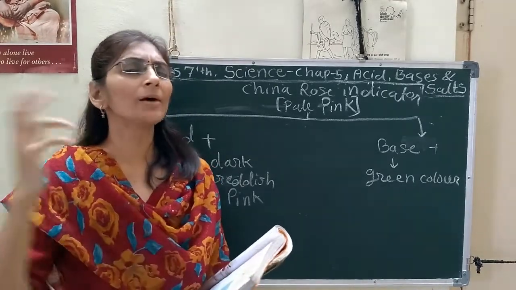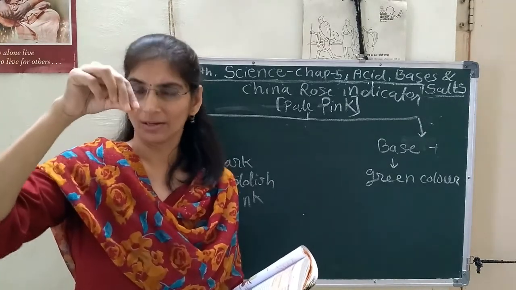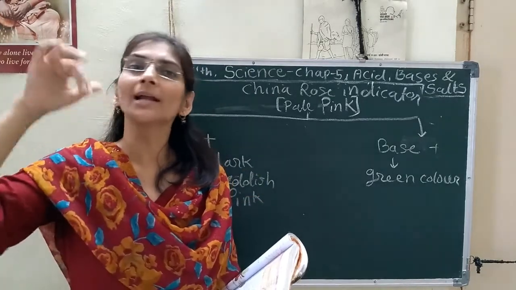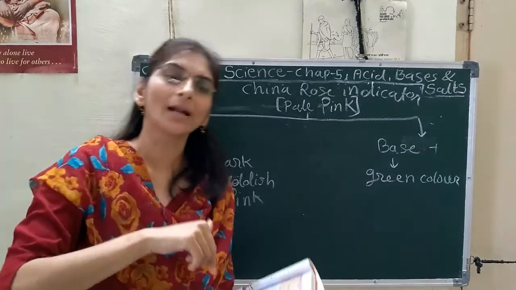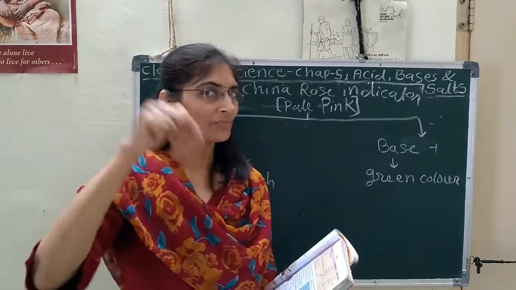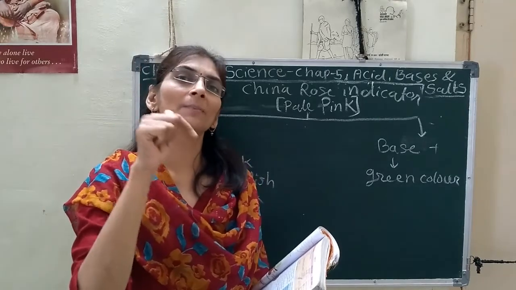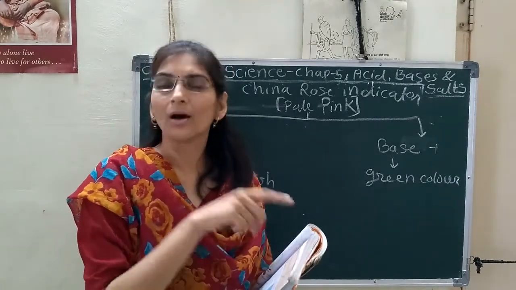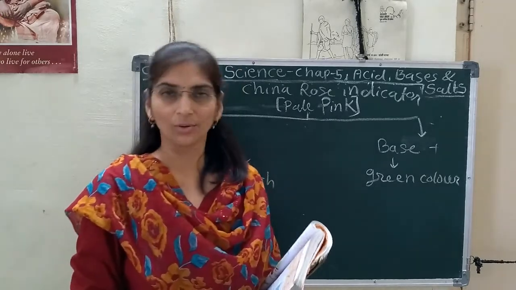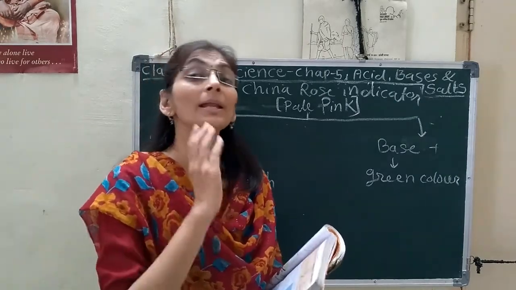Okay. And one thing again we can do, we can wet the litmus paper instead of making a solution of that substance. If we dip the litmus paper in water, the water medium is present now, and when the wet litmus paper is dipped in the acidic or basic substance, you will get the same result. Means one of the substances must be in aqueous form.